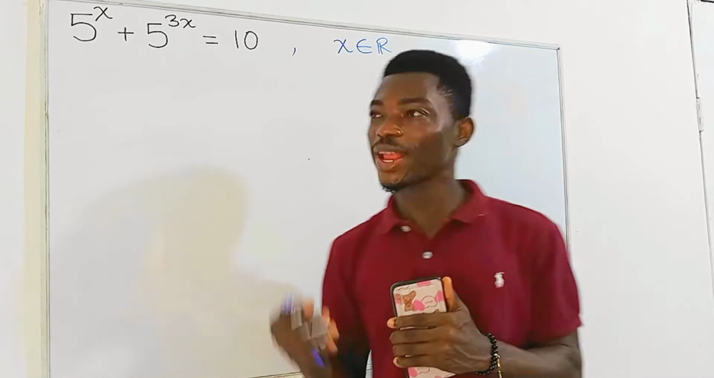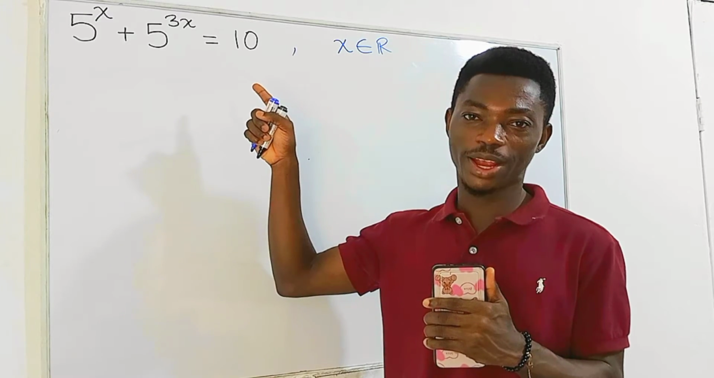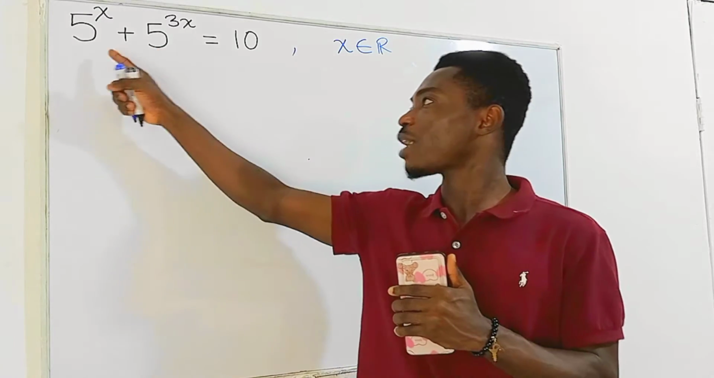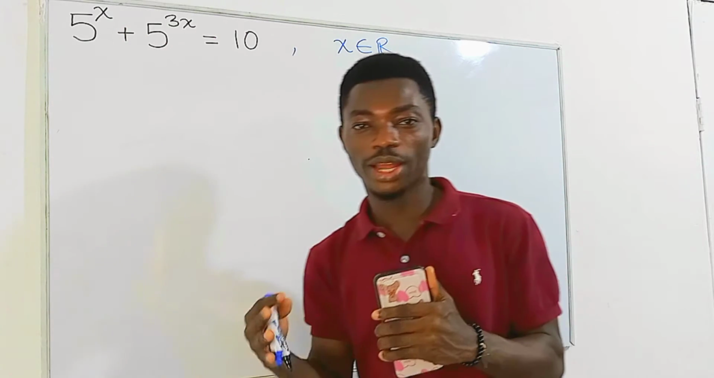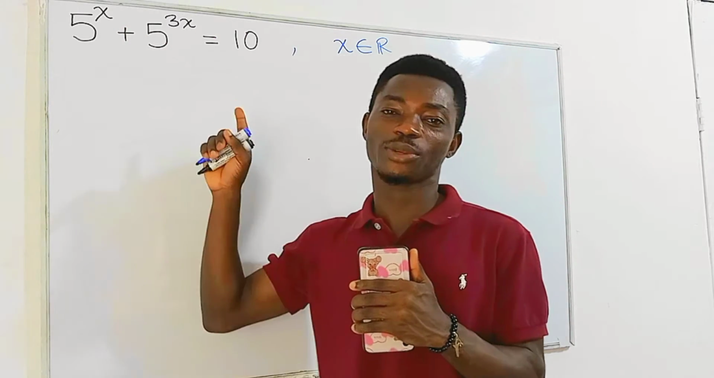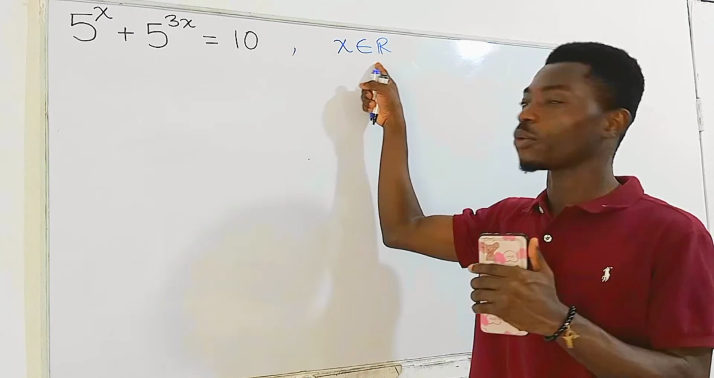Okay, guys, today we have this exponential equation right here. Pretty interesting question. 5 to the power x plus 5 to the power 3x is equal to 10. And we want to figure out the value of x that will satisfy this equation, but x is a real